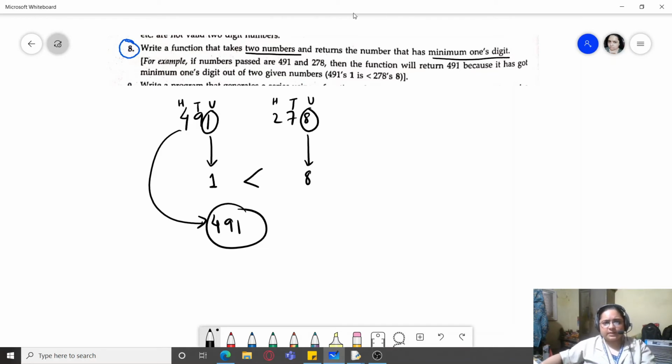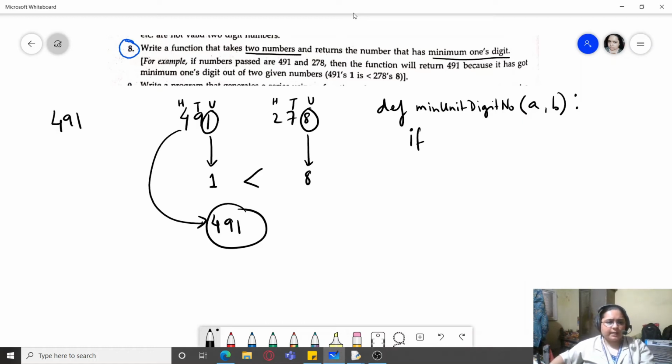So we will create a function here, min unit digit number. A little longer name, this. I'm going to just take two numbers for it, A and B. And now I need to extract the units place of both the numbers. I can get the units place of a number by dividing it by 10 and taking its remainder.